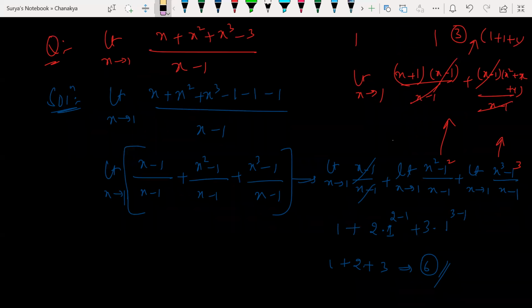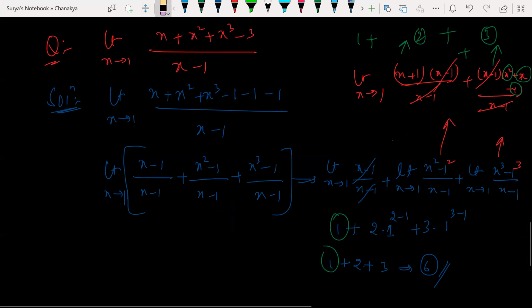No, sir. Did you understand how I solved? Look at this. Yes, sir. Here 1 plus 1, 2. Here how much do I get? 1 square plus 1 plus 1, so 3 times 1, so plus 3. Already I have 1 here. So 1 plus 2 plus 3 gives me 6 as my answer. I hope it is clear with everyone. Is it clear or not?